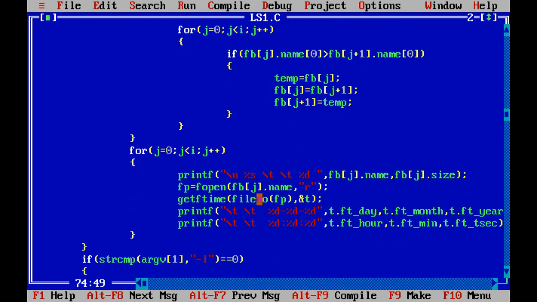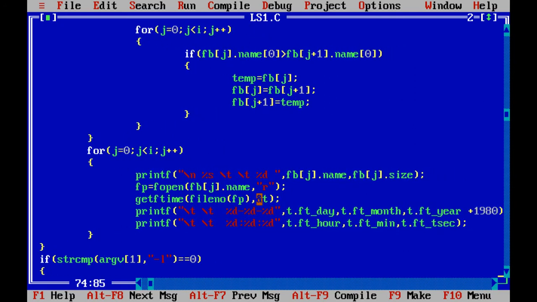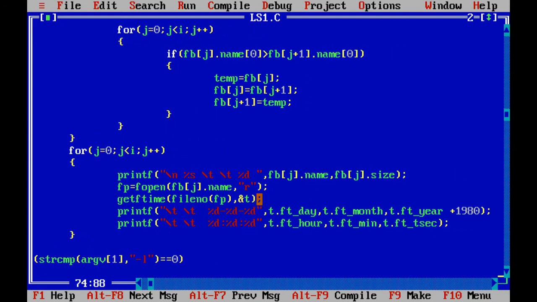Now here is the code to actually display the name, size, day, date and time of the file creation. In the first statement we are going to display the name and size of the file. In the second statement we are making use of the getTime function. We are going to first read the file in read mode, open the file, and find the time and date of its creation by making use of the functions under the time function.